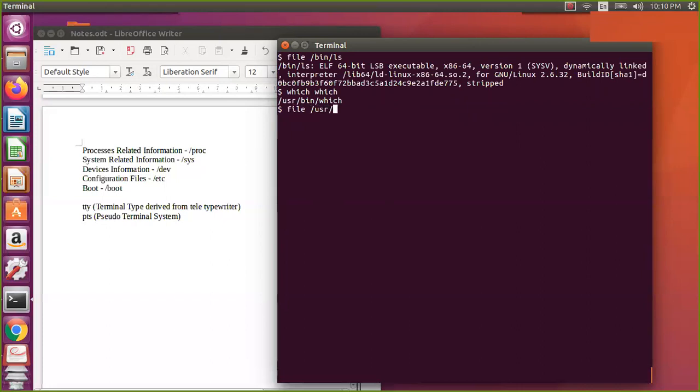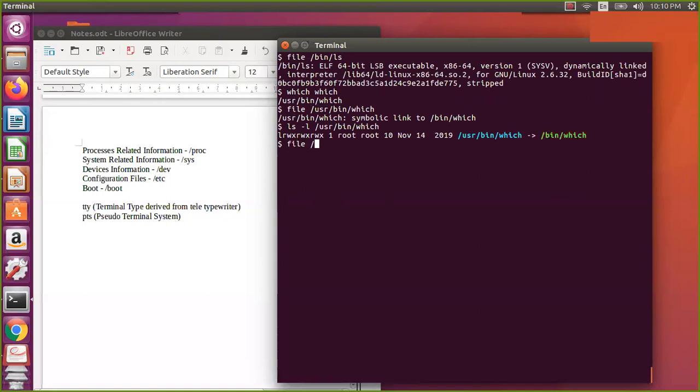If you see here, user bin which, this is a symbolic link actually. We will see what symbolic link and hard link mean in the upcoming units. If I say ls -l /usr/bin/which, it will tell you this is a symbolic link to /bin/which.